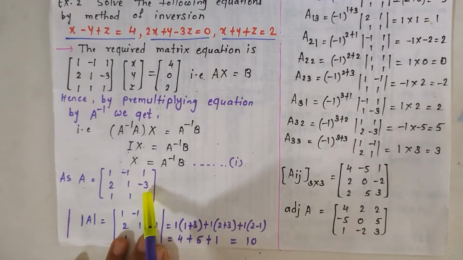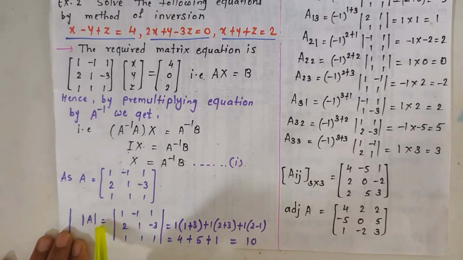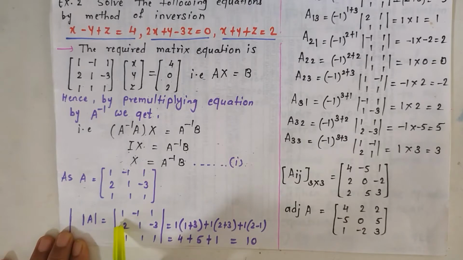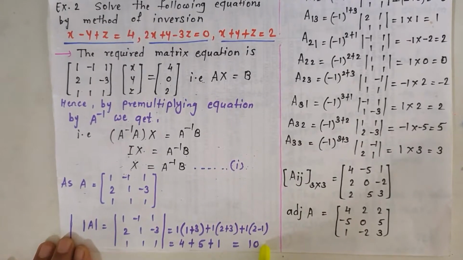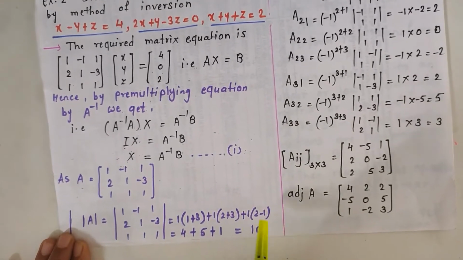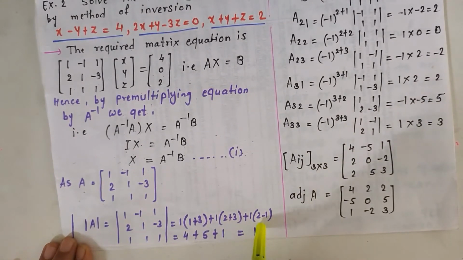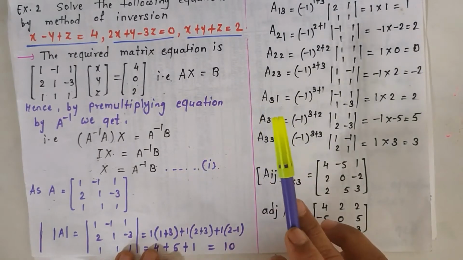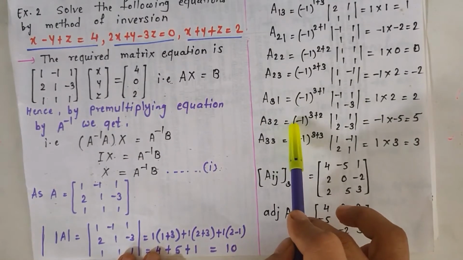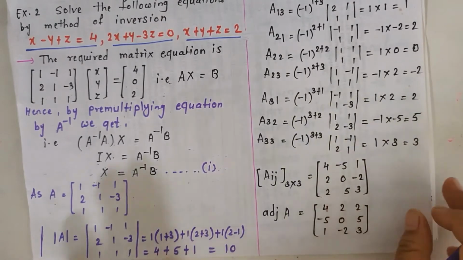A is the coefficient matrix, then the value of its determinant, by calculating, we get 10, which is not equal to 0, therefore A inverse exists. Now for finding the A inverse we have to calculate the cofactor matrix and then the adjoint of A. So first